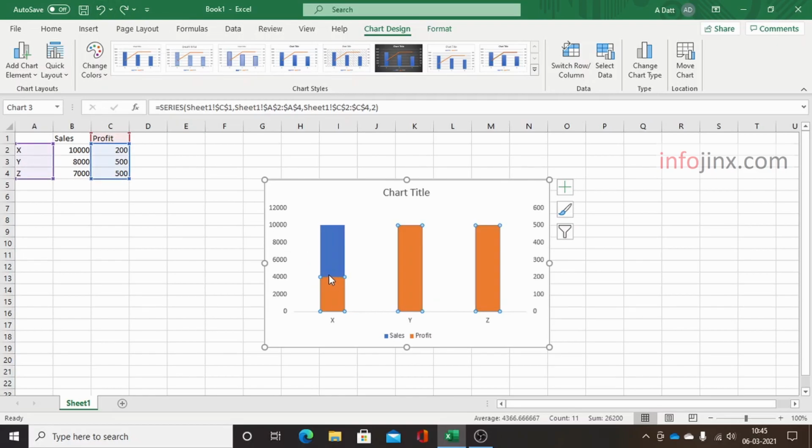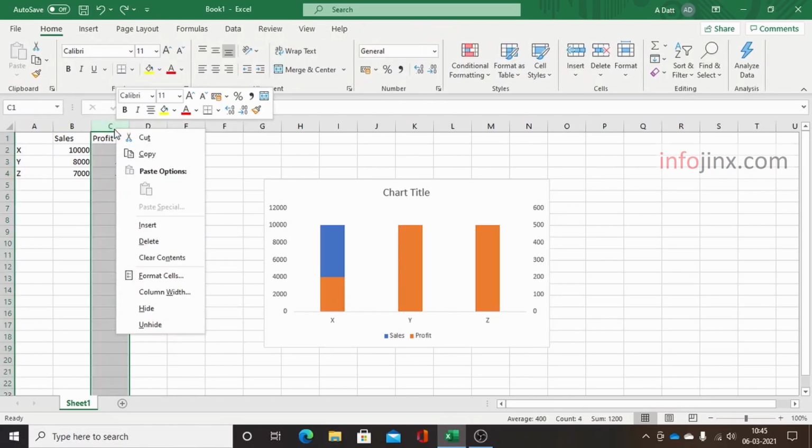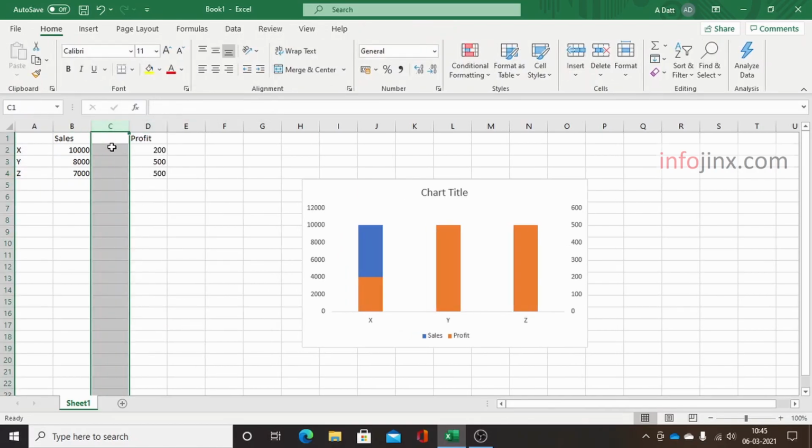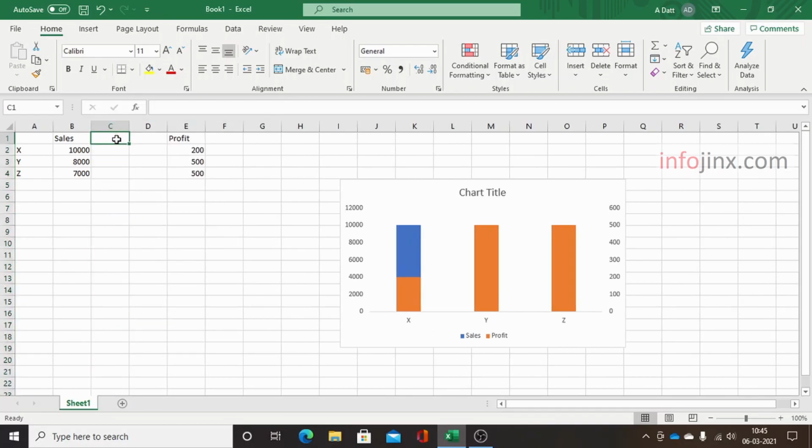Since you can see that when we create bar chart and move the bar chart to secondary axis, both overlap each other. So for this, here we will have to add two dummy series for padding.